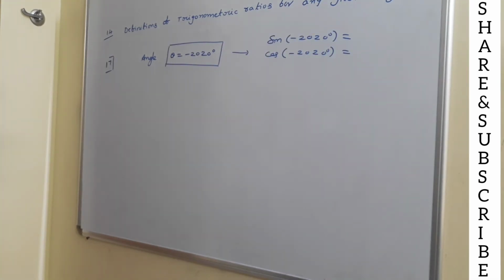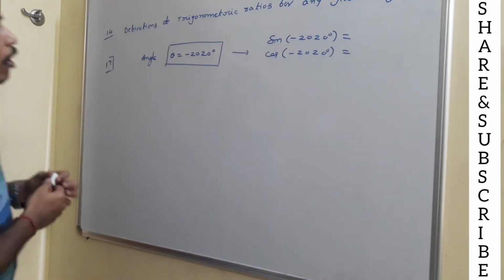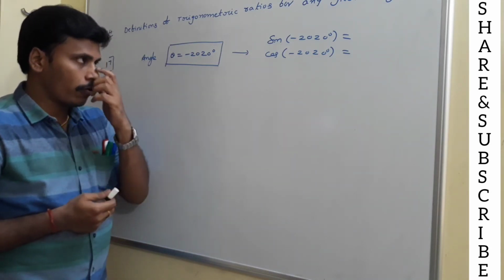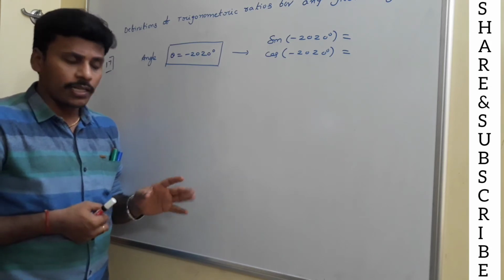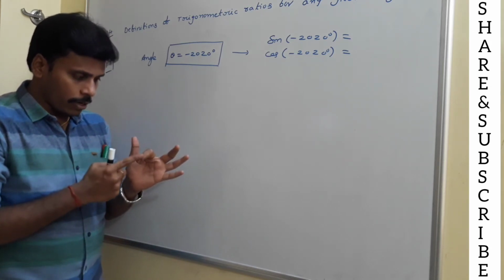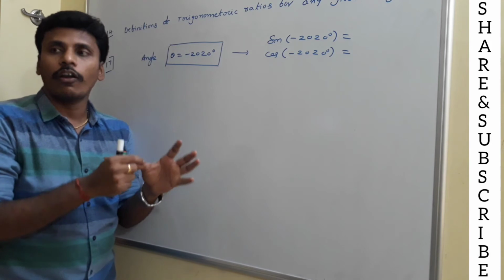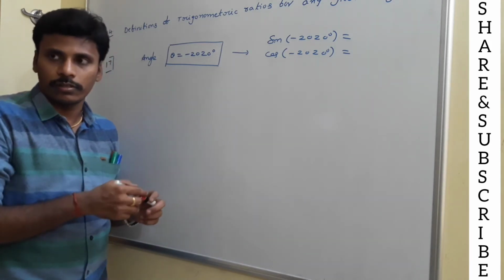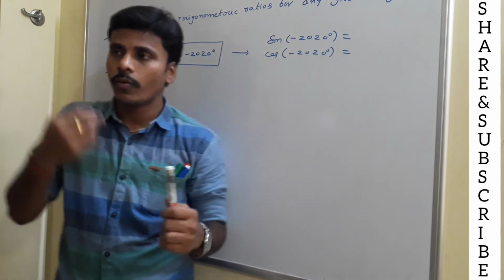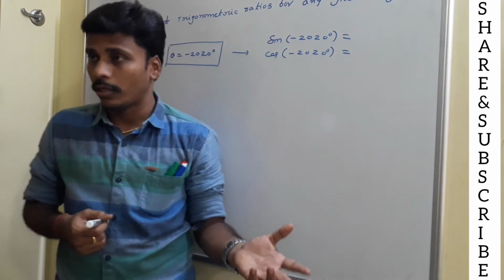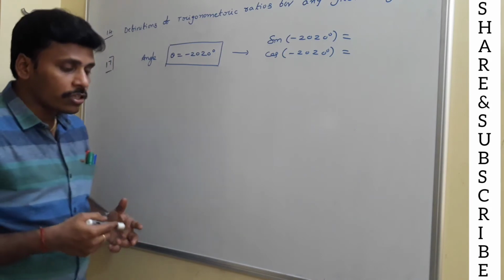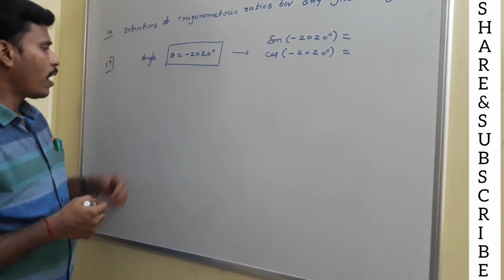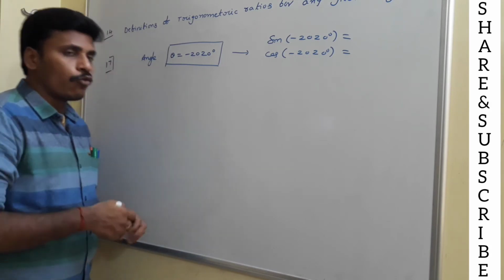Now, to find the values of trigonometric ratios for theta equal to minus 2020 degrees, our task is the same. What is it? Angle, terminal ray, point, x, y and r values. Repeatedly I am telling you that initially we do all of these processes, and afterwards we just memorize the values and we have some other shortcuts also, right? But as a procedure, you need to learn everything, and that's why I am giving you a few examples. This is the third example, and afterwards I will move to the next idea.